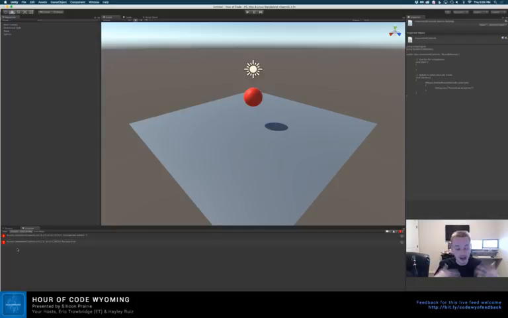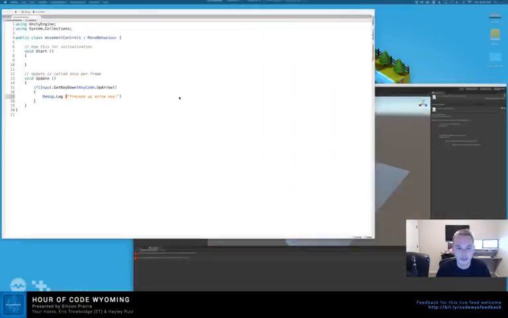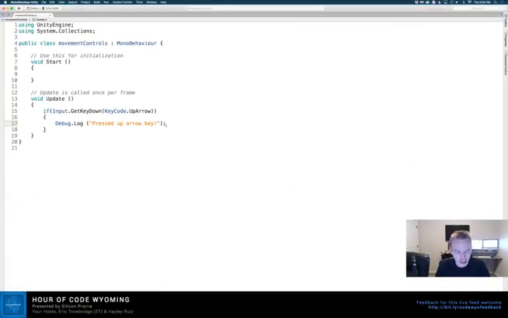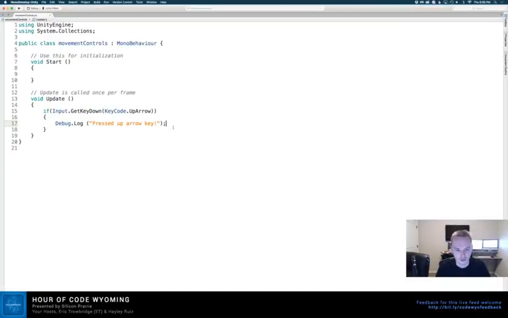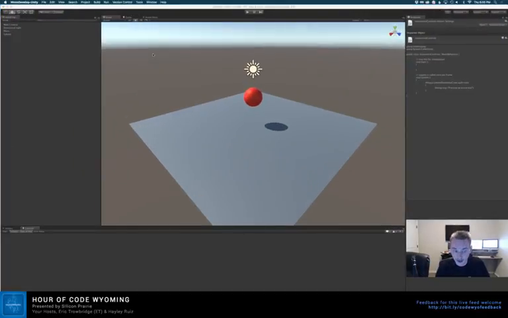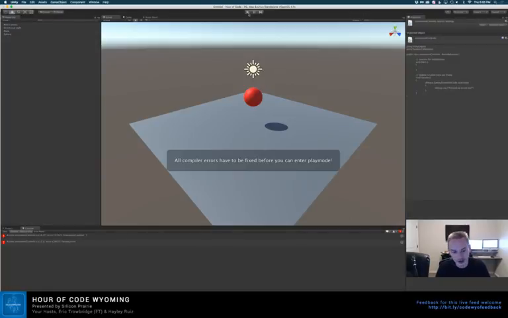I've broken something somewhere. So you can see how by removing one little thing, it can all just break. Let me remove that one more time. If I wanted to test my scene with this bad code, I cannot. It basically gives me this error that says all compiler errors